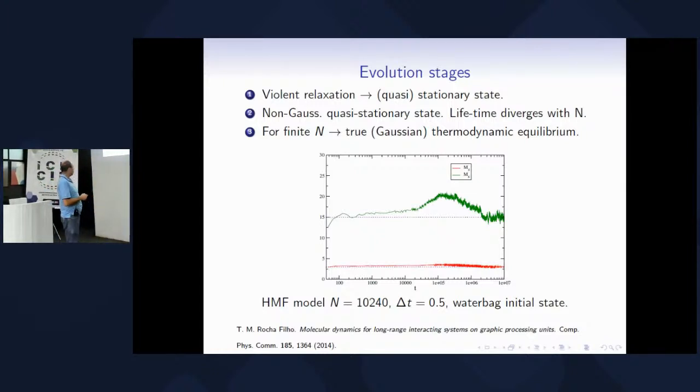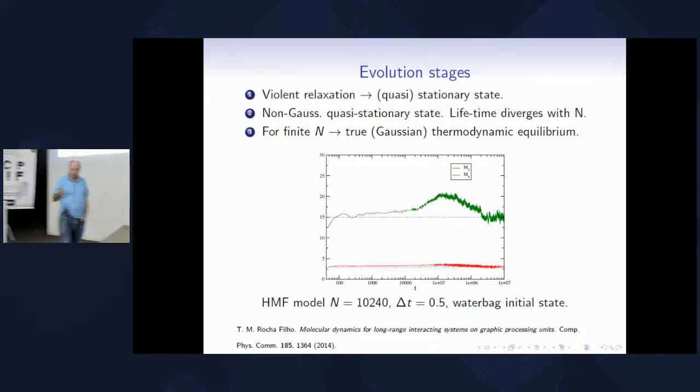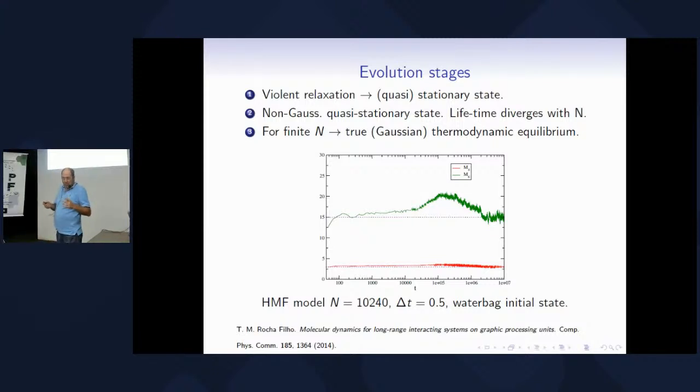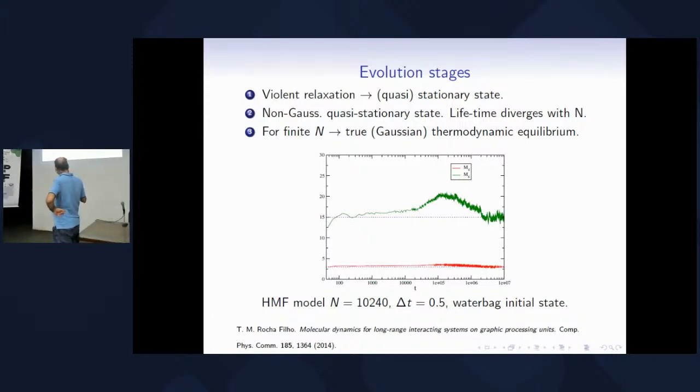How do I know that I reach equilibrium? Here is the plot of the 4th and 6th reduced moments of the velocity. That means I take the velocity and divide by its standard deviation, essentially, and then do the average. And for any Gaussian distribution, the values of the fourth and sixth order moments are 3 and 15, which are shown here. Then we can follow the evolution towards equilibrium more easily in this graph.